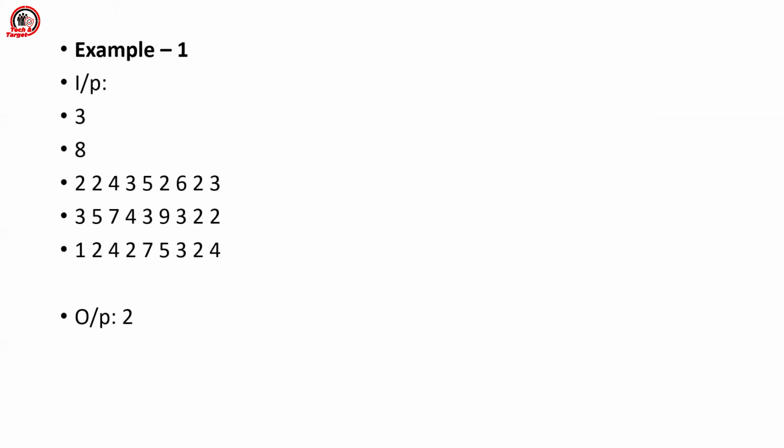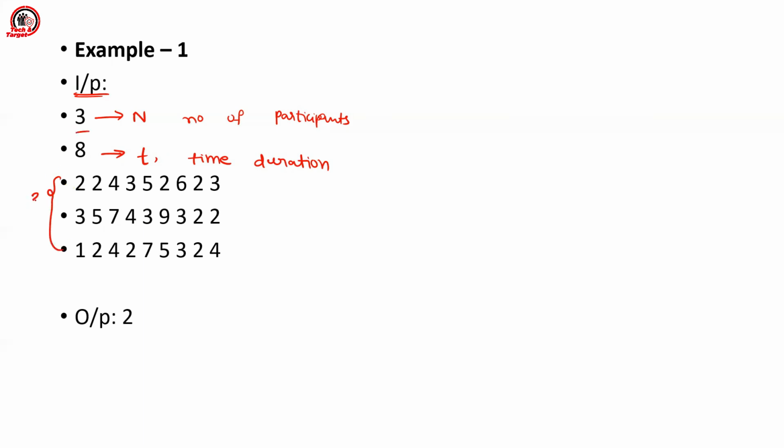Now we'll move into the example. The example says, as we know from the input format, the first line contains an integer n, which is the number of participants, or the number of students in the school who are participating in the running race. The second line contains an integer t denoting the time duration, for how long the race is going to be conducted. Thereafter there will be n lines. Now what is the n here?